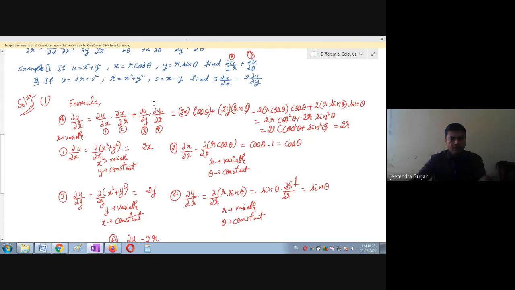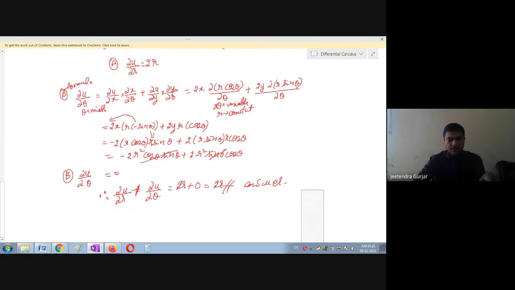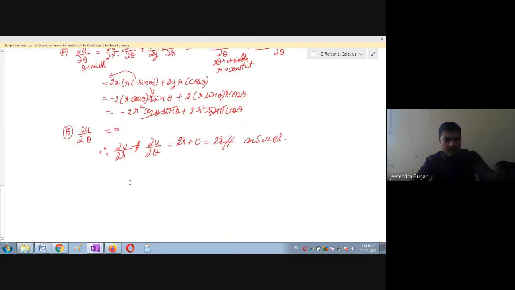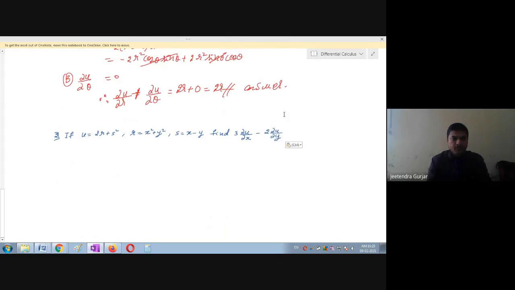So let's solve the next example. You also try yourself, students. When will math become easy, tell me. When you solve it yourself. Okay. Similarly, we'll go for the second equation. I will take this as part A and this is B. Every time, whenever the problem is big, please try to divide it in parts. Solve one by one. It will be quite easy.